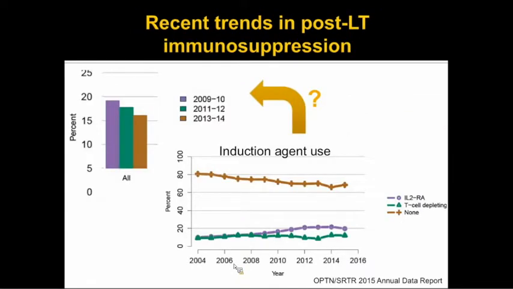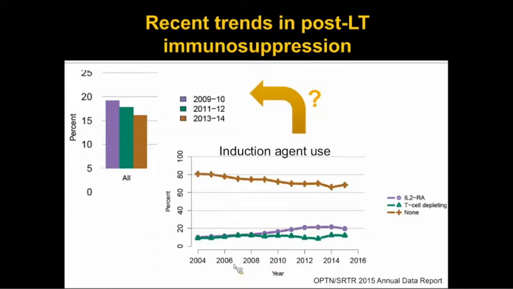So some of these trends, what I wanted to point out is that there's other changes that have been happening in recent years as well. In particular, why do we still see a decrease in acute rejection compared to historic cohorts? The answer to that question likely is for a few different reasons. It's possible that part of that is due to use of induction agents at the time of transplant, which has been increasing in prevalence at different programs.